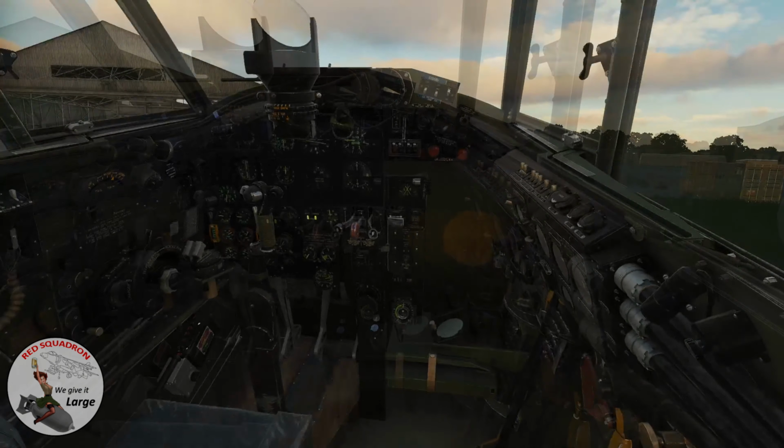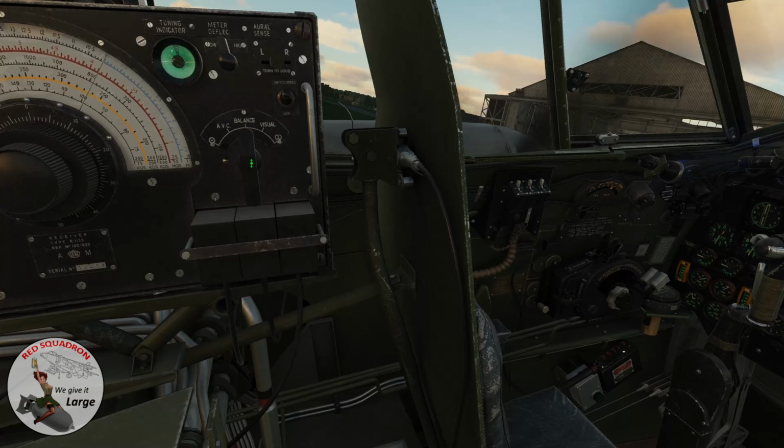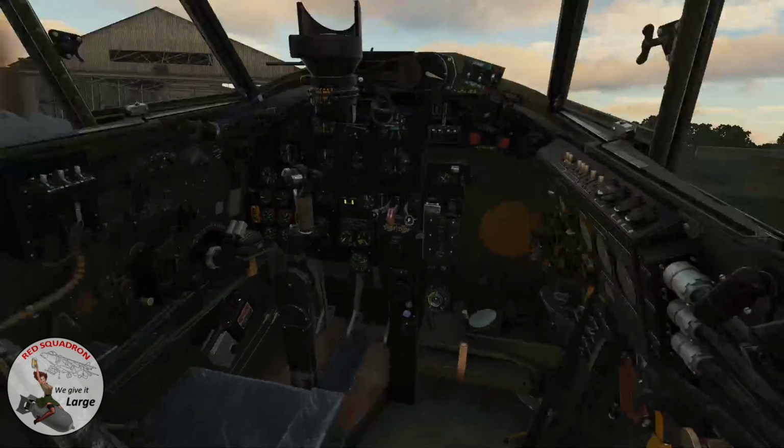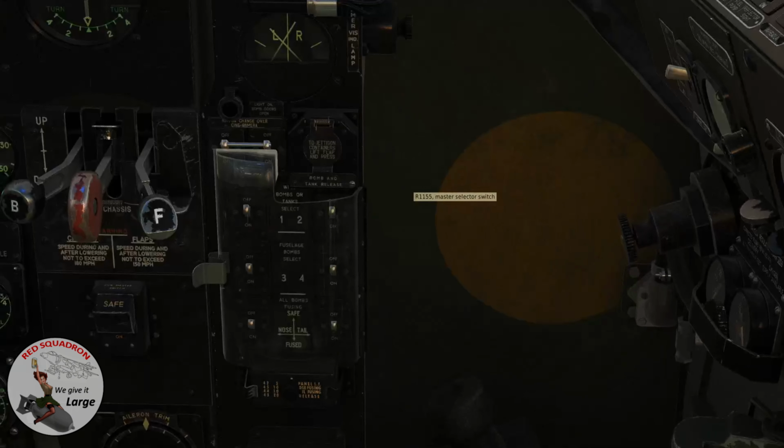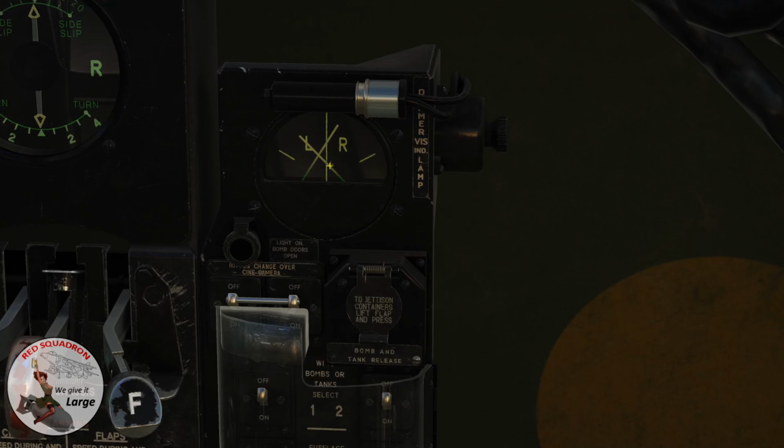So what I'm going to do now is flick the switch over to the visual position, and now the needles are still pointing over towards the left hand side, so we know we need to bring the aircraft over towards the left until those needles cross over the centre line. However, it's a little bit more accurate now because we've balanced the needles